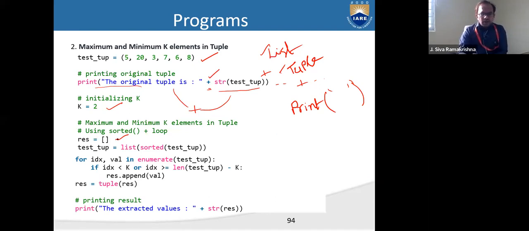Right? So I'm creating an empty list to get the maximum and minimum k elements present in the tuple. Now, this is my test tuple. I am making this a list once again, right? So this is nothing but a typecast list of sorted test tuple. So what is meant by sorting? When we use sorting,